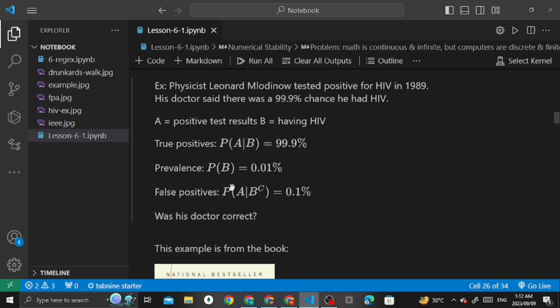So in this example you can see the true positives were 99.9%. The prevalence was 0.01%.